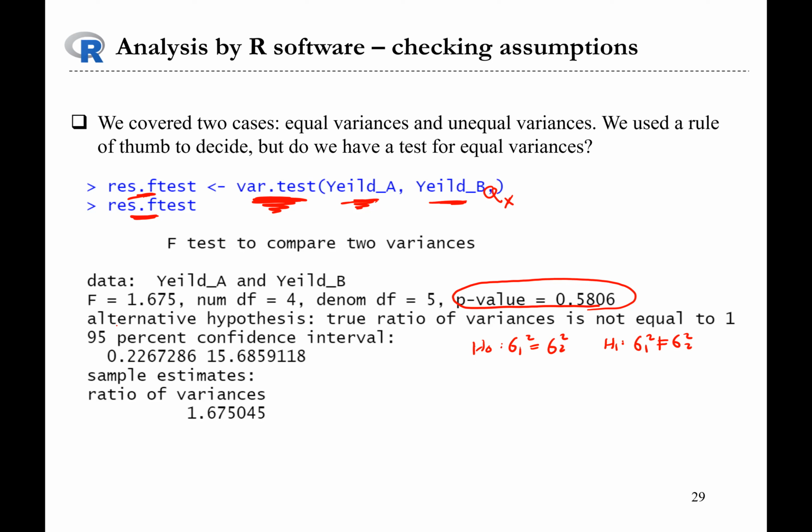So the default is what? Alternative hypothesis, true ratio of the variances is not equal to 1. So is this H0 or H1? This is the alternative hypothesis, because this can be rewritten as sigma 1 square divided by sigma 2 square is not 1. And this one can be rewritten as H0, sigma 1 square divided by sigma 2 square is